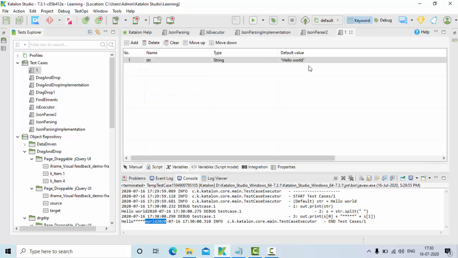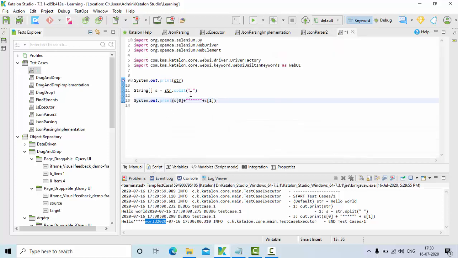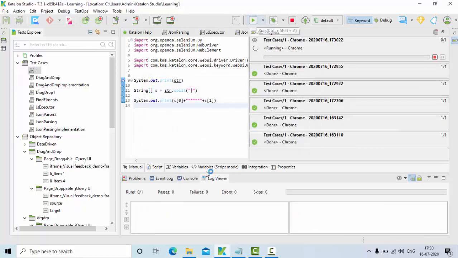Now let me change my value here. Instead of space, let me use something like this one. If I give that value here and execute, let's see how the output comes.